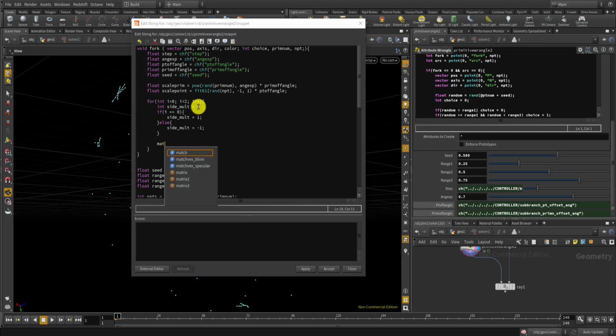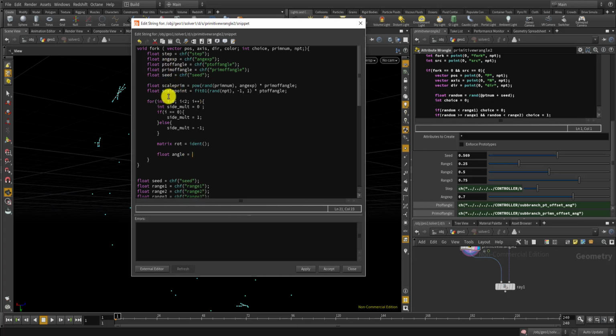Okay, so next let's make a matrix rot in order to use this for the rotation, to make it a rotation matrix, and make an angle here based on the scale prim and scale point which I made using those random values with the maximum offset angle for both point and primitive. So the angle will be radians